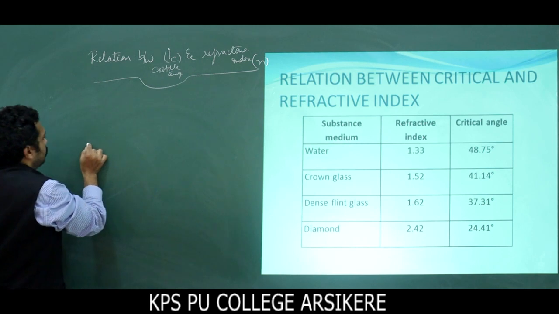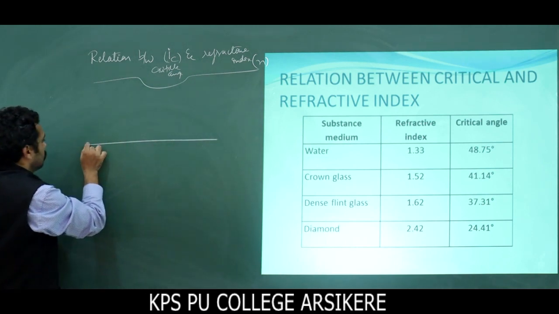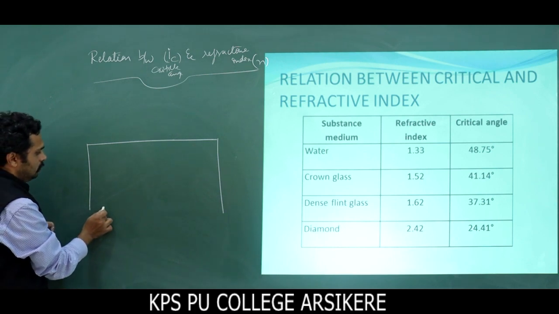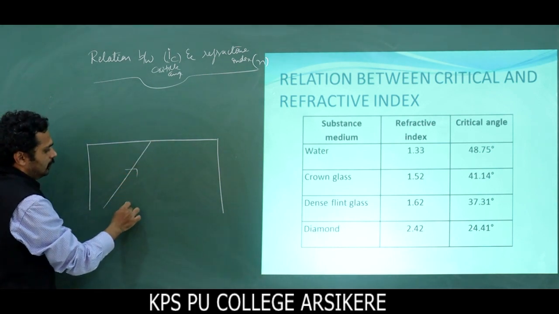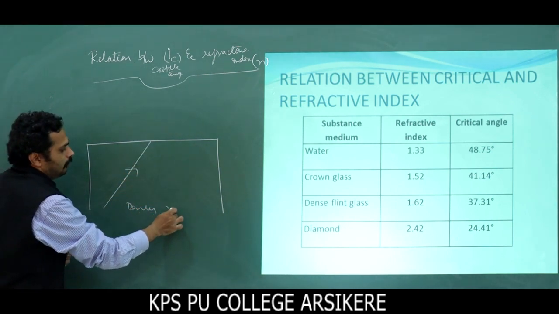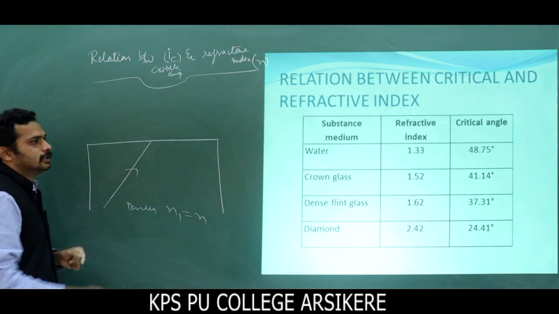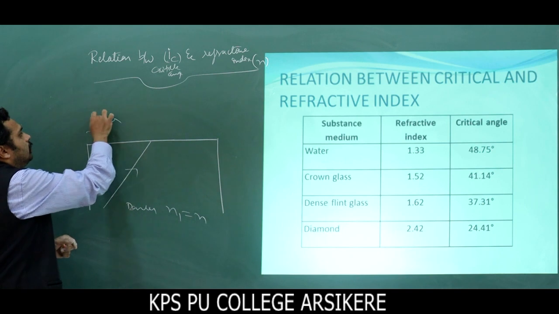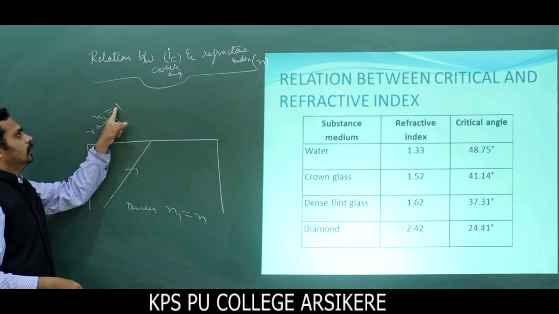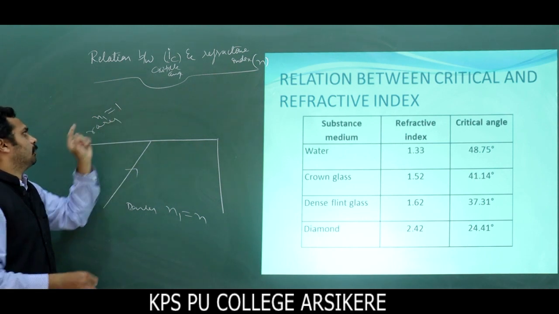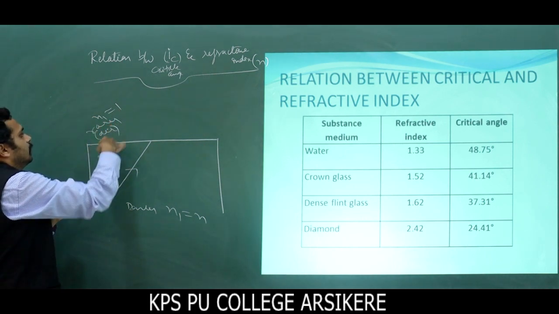Here we know that this is the interface or the surface. Now this is the ray of light in the denser medium, refractive index N1. Here I am using N. What is the refractive index of the denser medium? And this is the rarer medium, where the refractive index is 1. For air it is approximately 1 (1.0002), so it can be written as approximately 1 for the rarer, air medium.